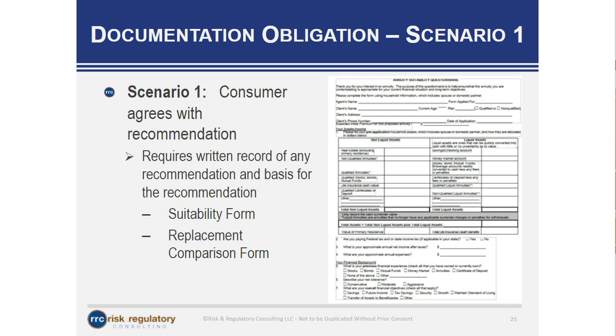As an example, we've seen instances where the reason for replacement on the suitability form was identified as guaranteed income and interest rate, which sounds fantastic, sign me up. But there was nothing in the new business file that supported that statement or how the new annuity was better for the client. As I said earlier, the file should stand on its own, and if material or key information